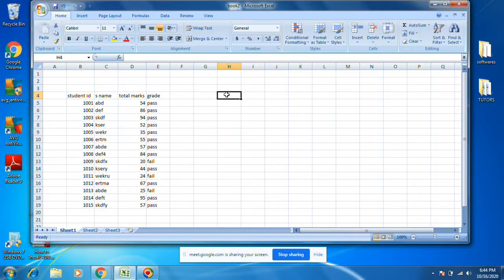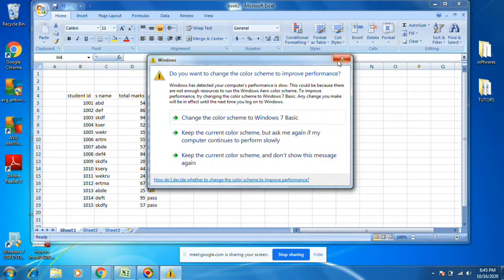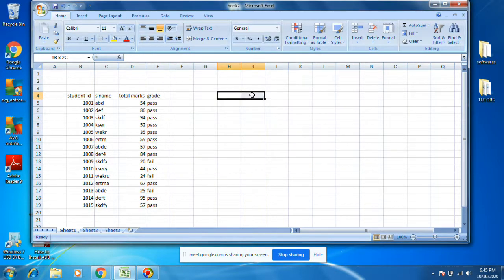H4, yes, starting cell is H4. If you select everything now, the name is H4 to K4. Whereas this section D5 means this cell. The name of this cell is nothing but D5, that is, this is D, this is 5.